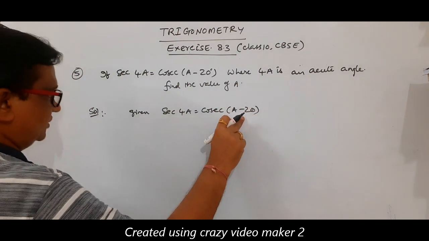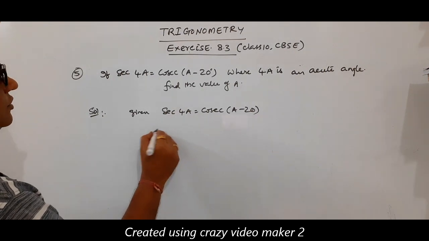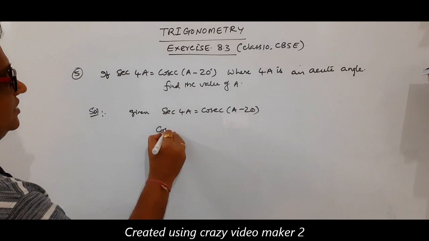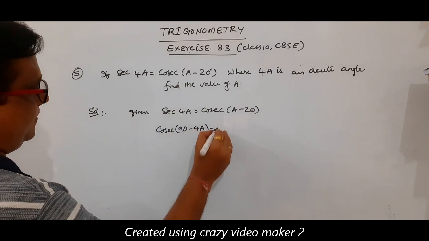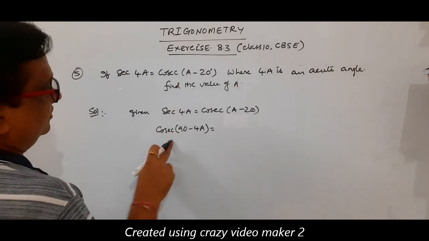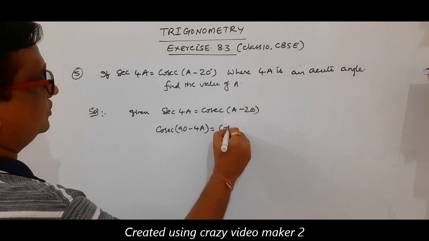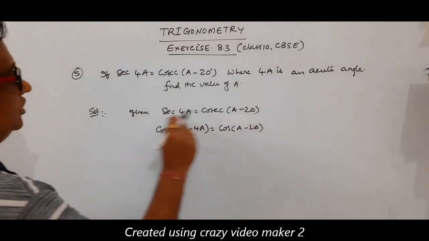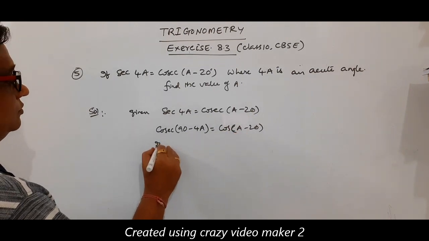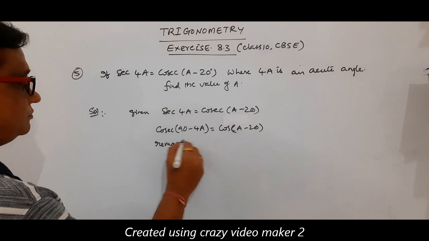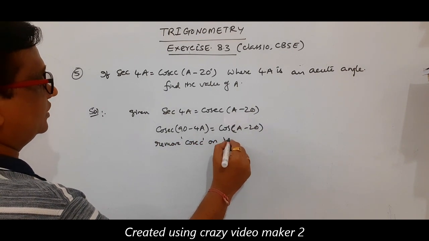You can change this one or this one, either one, but it is singular, that's why we can touch this one. So secant theta is written in the form of cosecant 90 minus theta. So cosecant, this is normal, either this one or this one you can change. So what happened here, remove cosecant on both sides,